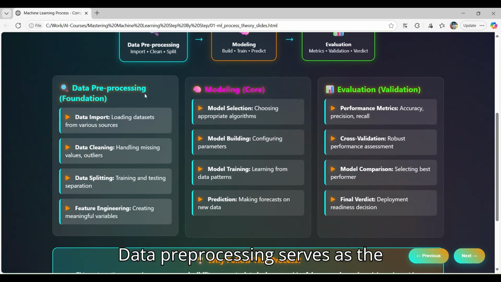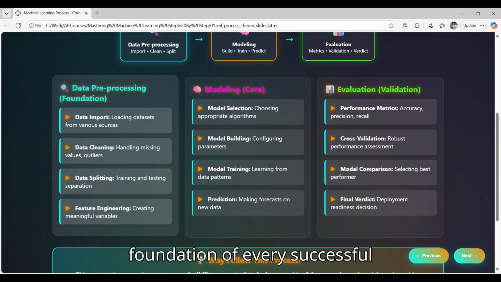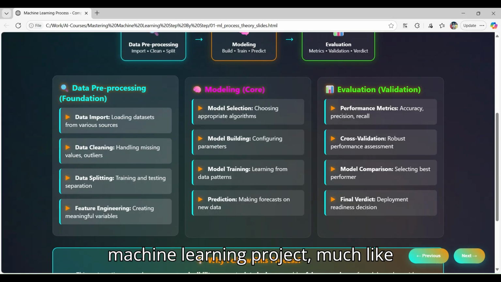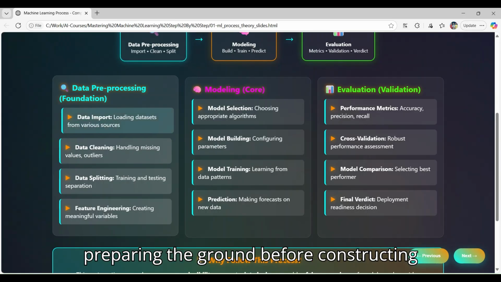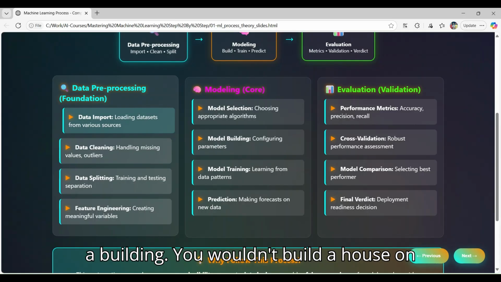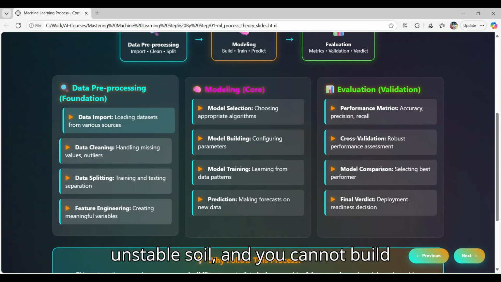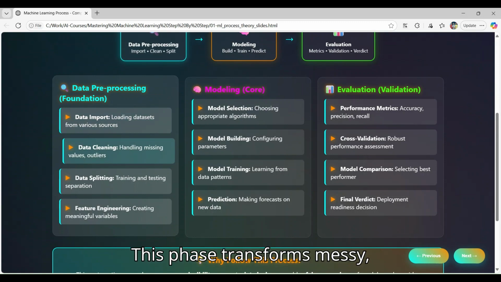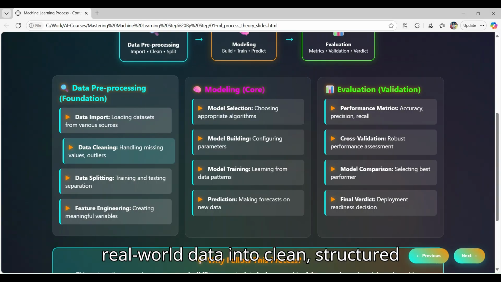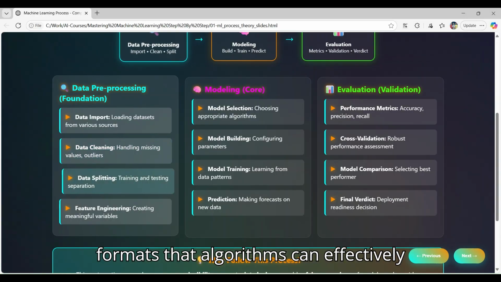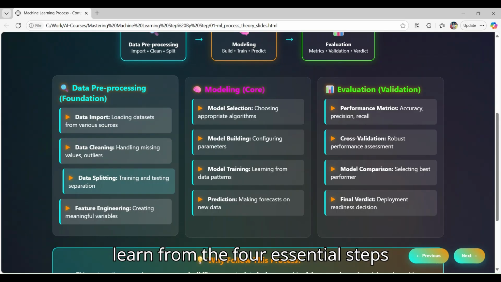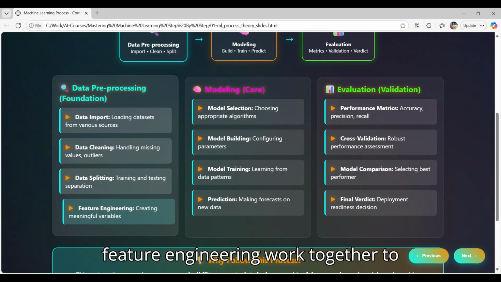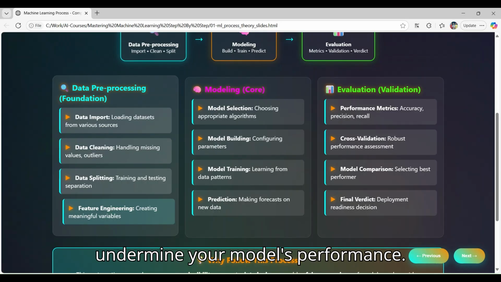Data pre-processing serves as the foundation of every successful machine learning project. Much like preparing the ground before constructing a building, you wouldn't build a house on unstable soil, and you cannot build reliable models on unprepared data. This phase transforms messy, real world data into clean, structured formats that algorithms can effectively learn from. The four essential steps: import, clean, split, and feature engineering work together to eliminate data quality issues that could undermine